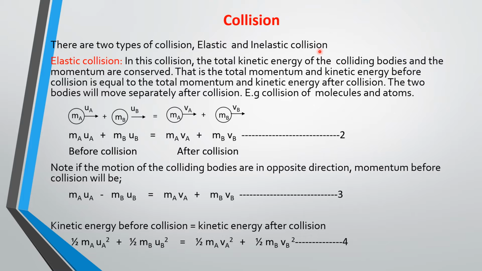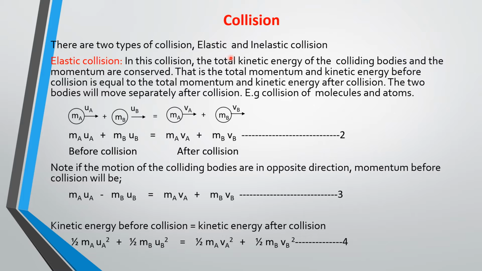You know, when objects move in a closed system, they can collide with one another. Now when they collide, the way they move out will depend on whether their collision is elastic or inelastic. Sometimes when they collide, they will move out with their separate velocities, or when they collide, they can stick together and move with a common velocity.